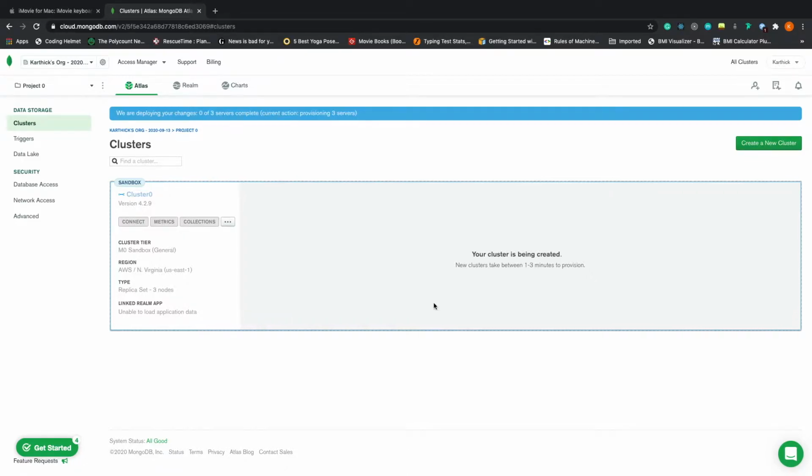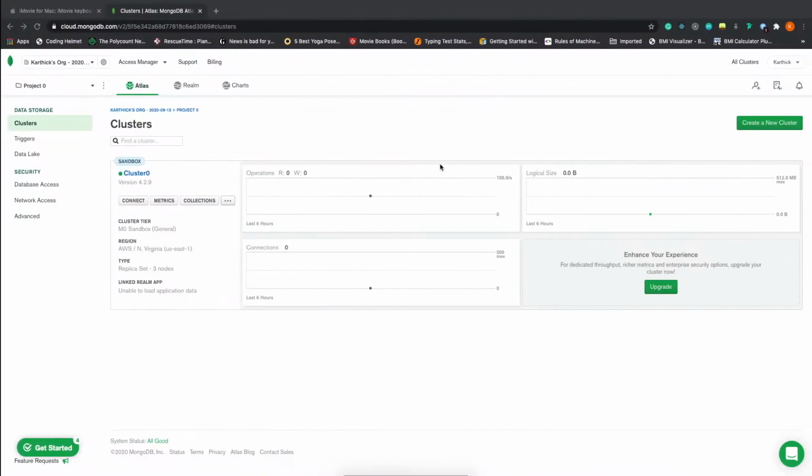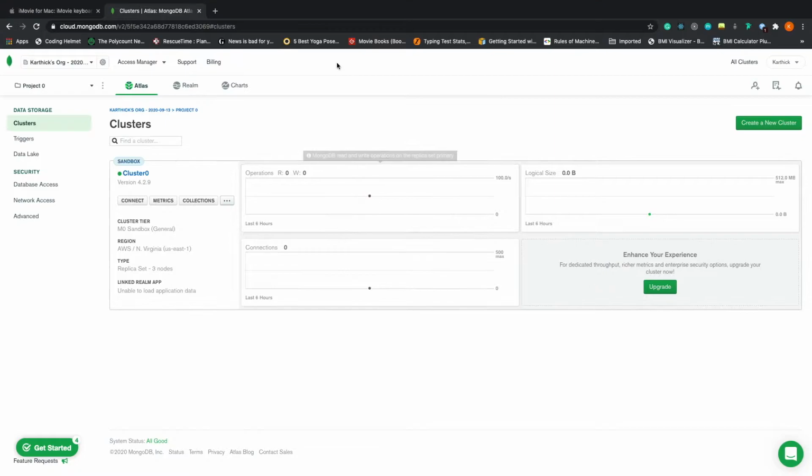MongoDB cluster. These guys don't even ask any credit card or anything. So it says new clusters take between 1 to 3 minutes to provision, but it may take up to 5 to 10 minutes. We'll see again. So the cluster creation was ready. If it was running too long for you, just refresh the page